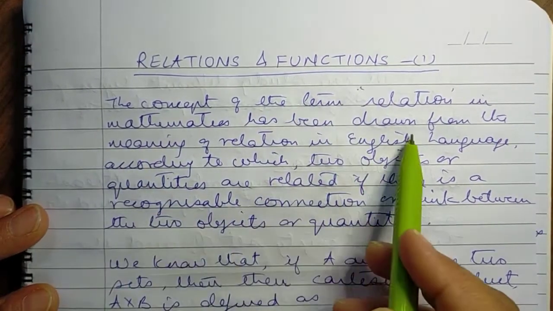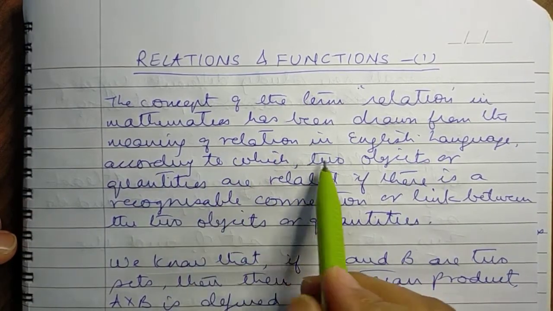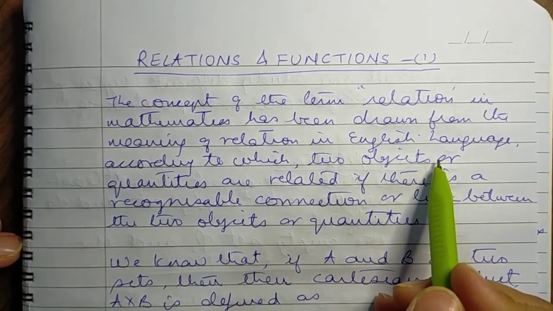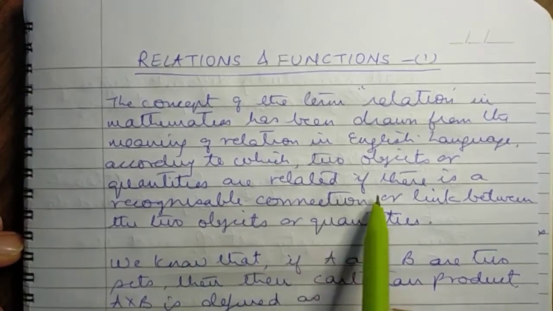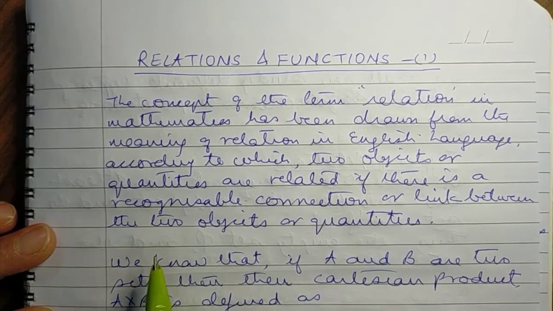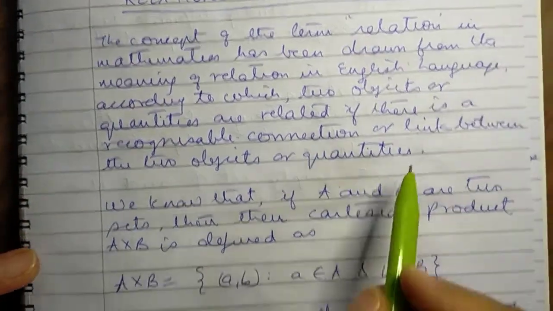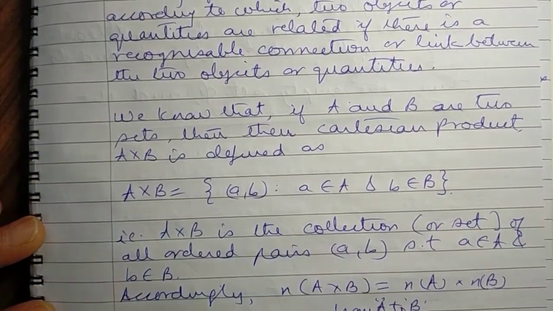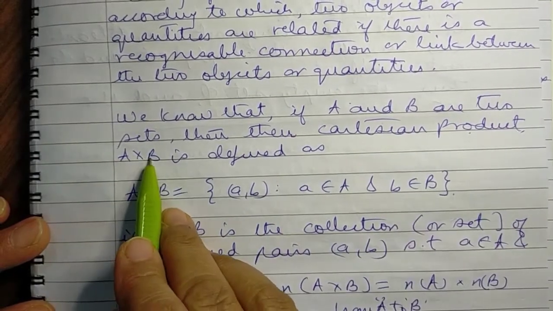The concept of the term relation in mathematics has been drawn from the meaning of relation in the English language, according to which two objects or quantities are related if there is a recognizable connection or link between the two objects or quantities. Now we already know from our knowledge of class 11 that if A and B are two sets,